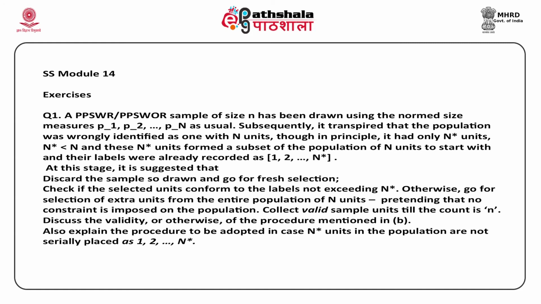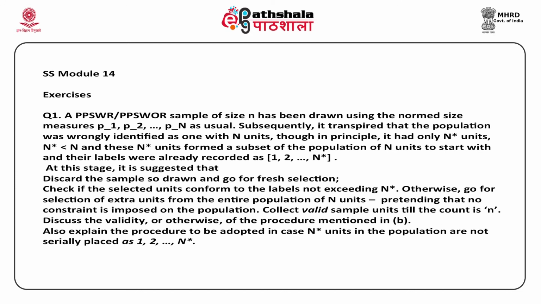First one is nothing, discard the sample and then go for fresh selection, that anybody can tell. Discuss the validity or otherwise of the procedure mentioned in B. That is the tricky question. Okay? Also explain the procedure to be adopted in case capital N star units in the population are not serially